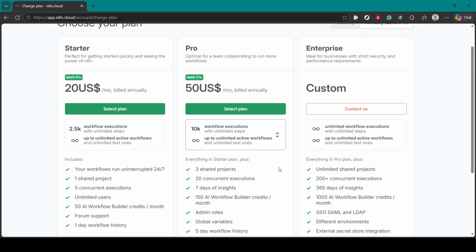Once you've chosen the plan that matches your needs, you're all set. Your workspace will be positioned to handle more automations with fewer constraints, and you'll have the features that align with your goals. That's the complete process. Open your N8N workspace, head to the Admin panel, and select Upgrade Plan to choose the tier that fits you